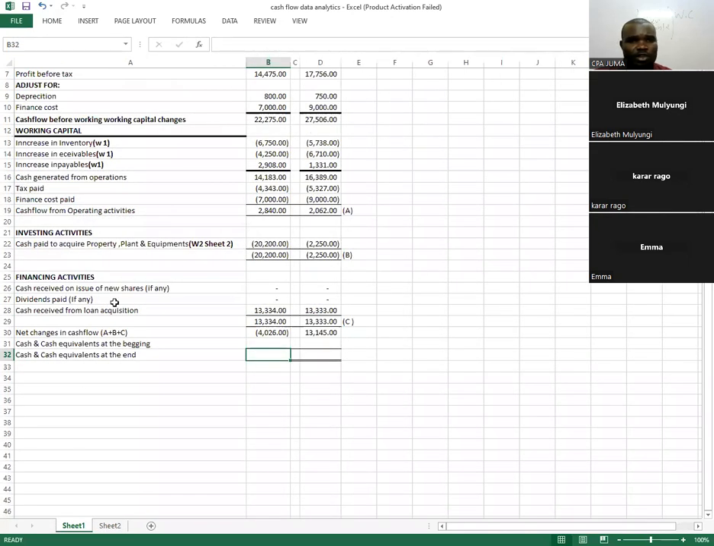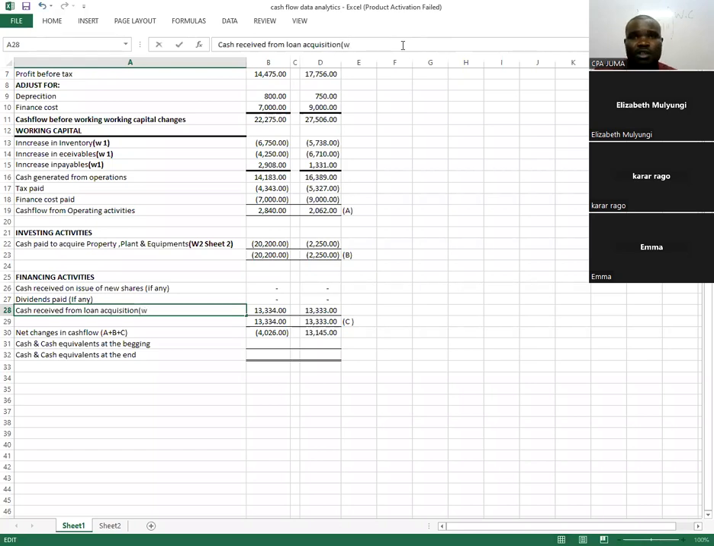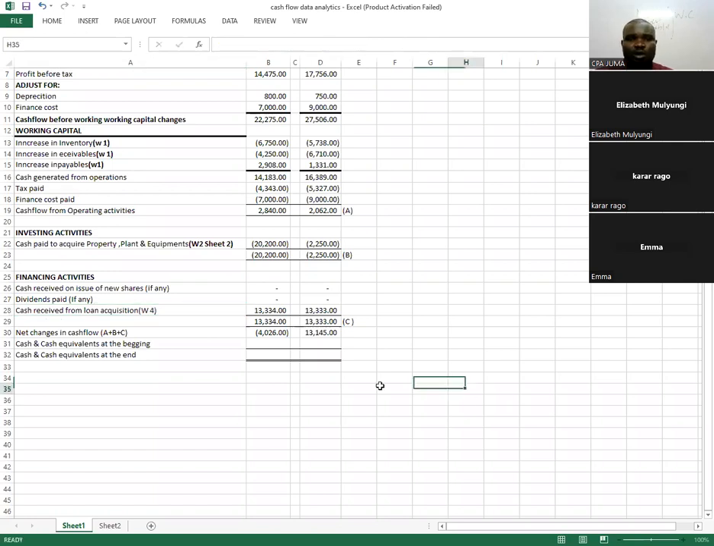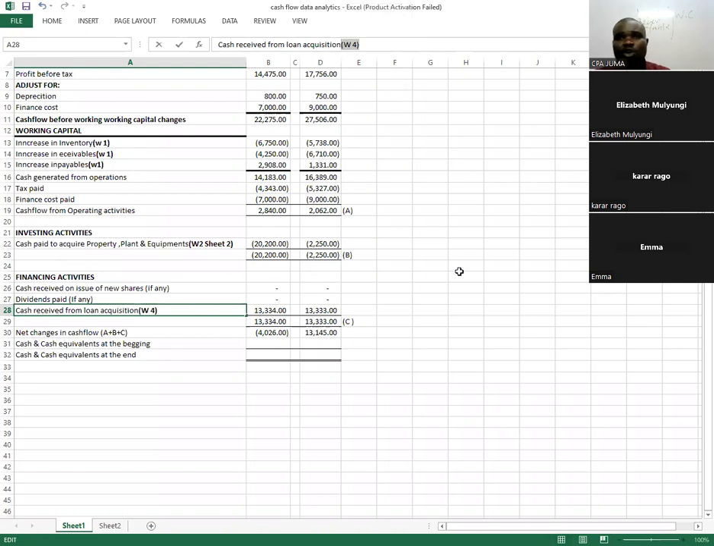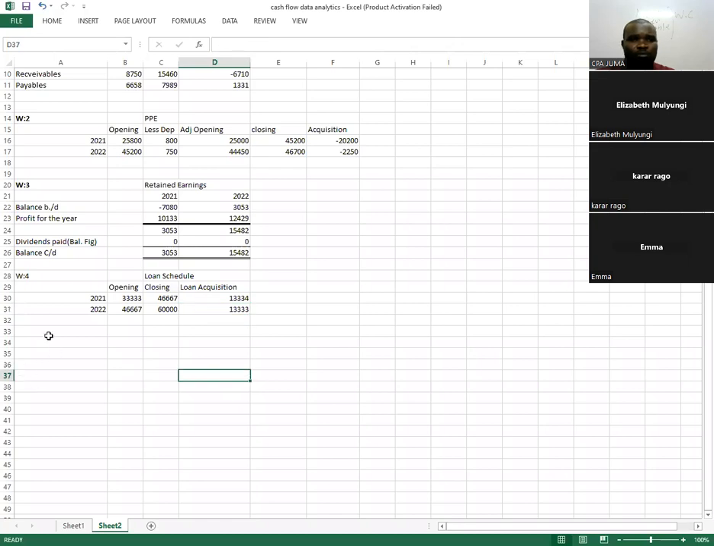Have I been talking of these workings? No, but the only working which was important is this one here, working 4. Anything called workings must be conspicuous. Conspicuous means bold. So my last working, which is working 5,